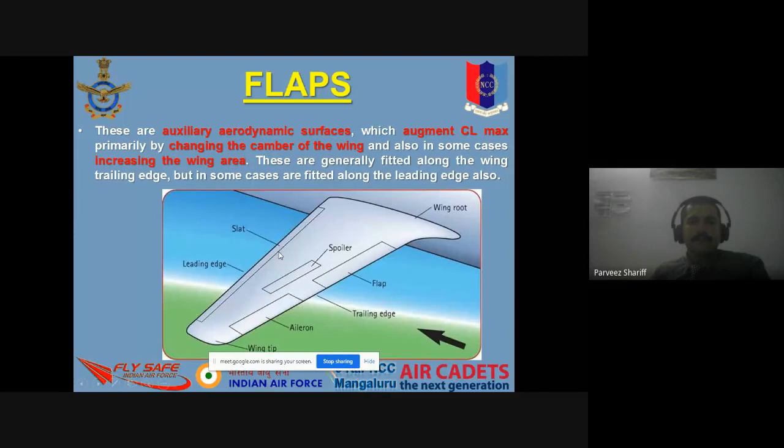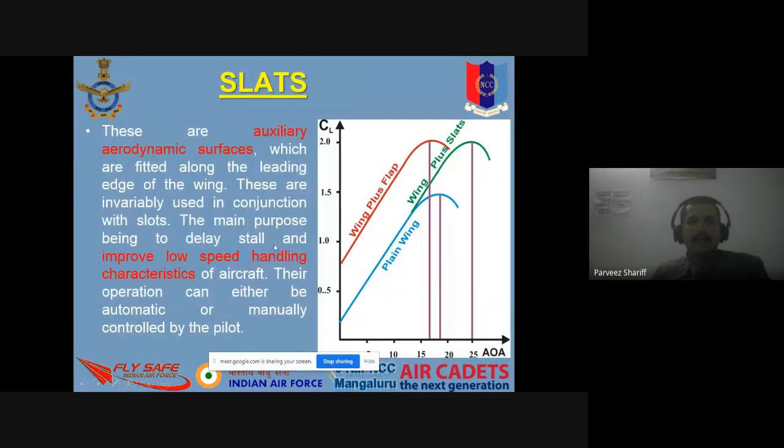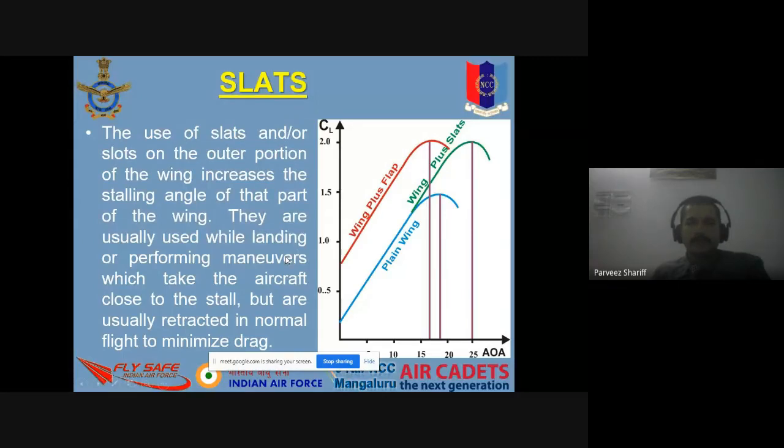Okay. So now these slats will help to provide additional lift during takeoff or landing. So what happens? The plane wing's angle of attack gets increased. Means not only during takeoff or landing. For example, you are increasing the angle of attack. Then when you are increasing the angle of attack, lift should also be maintained. You see this graph. The angle of attack is 15 degrees maximum with a normal wing, and you can go a maximum of 25 degrees angle of attack with wing plus flaps.